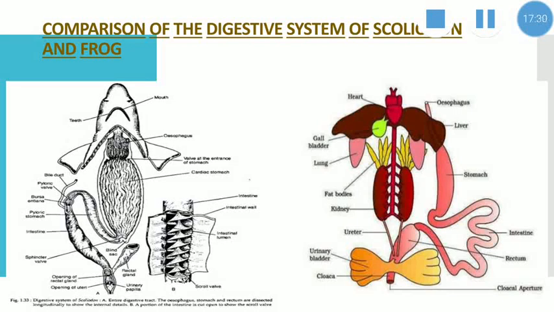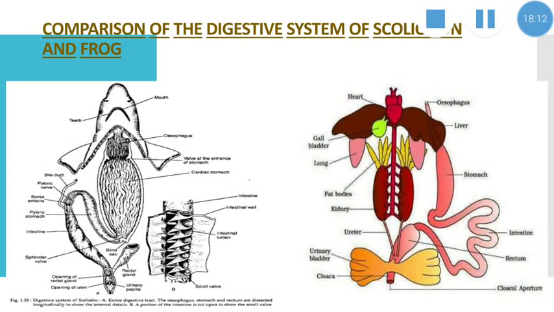The Scoliodon stomach is a J-shaped structure and it is divided into a long cardiac and a short pyloric stomach. A blind sac is present. Bursa entiana is present. But in the case of the frog, the stomach is a curved tube. Cardiac and pyloric parts are not demarcated externally. There is no blind sac. Bursa entiana is present. The intestine in the case of Scoliodon is a short, straight tube and it is not differentiated into a small intestine and a large intestine. And here the scroll valve is present.